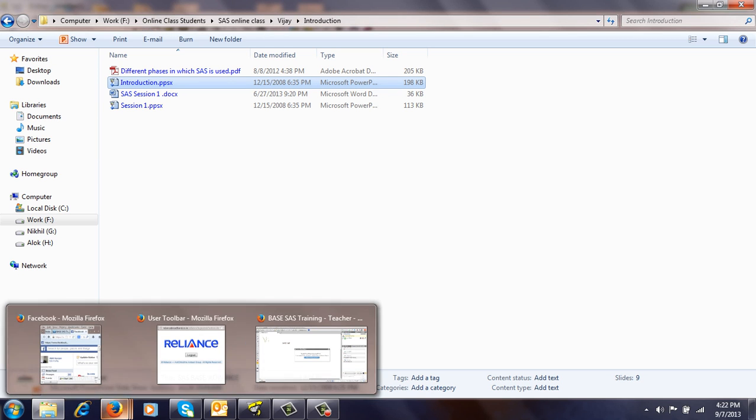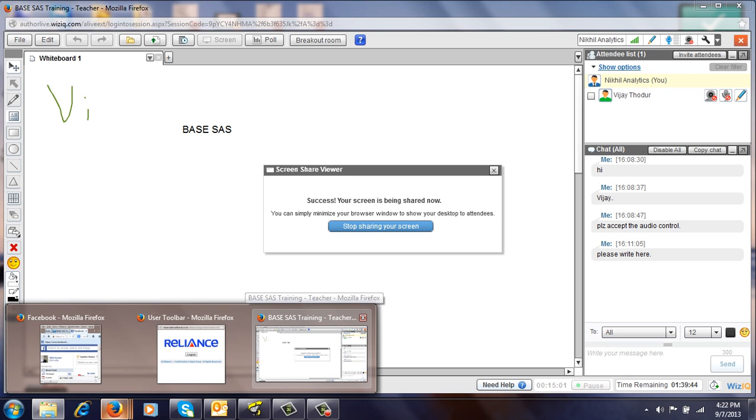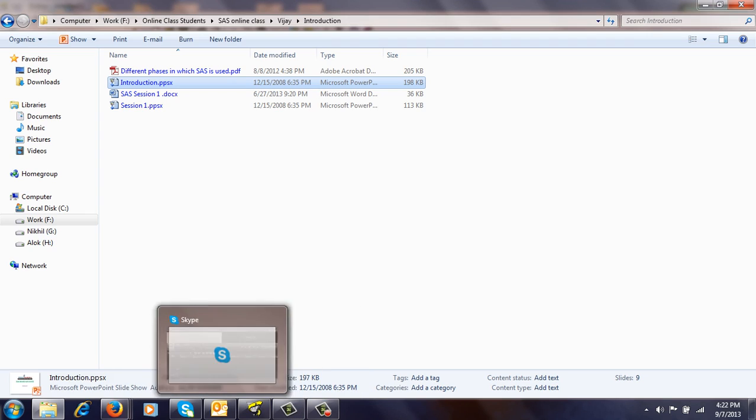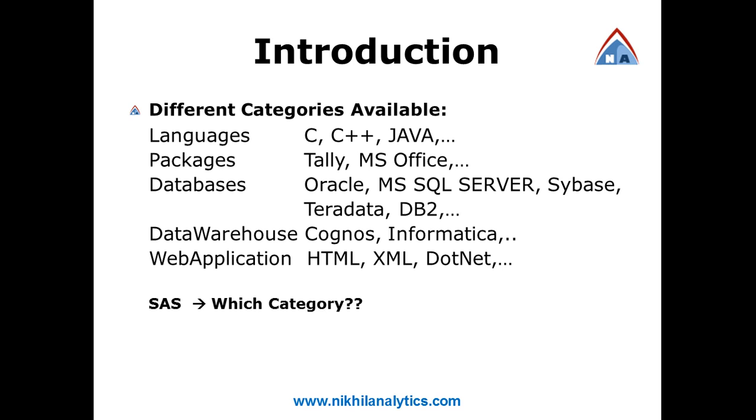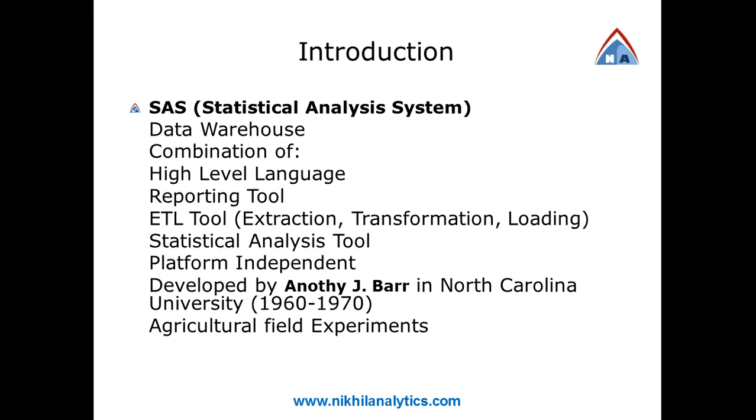It is also called an ETL tool, which indicates it will be used to extract, transform and load data from one source to another source. The major task of SAS is to perform statistical analysis.